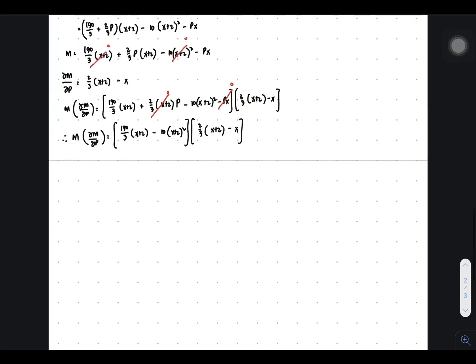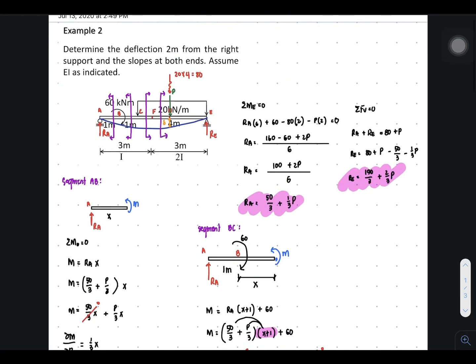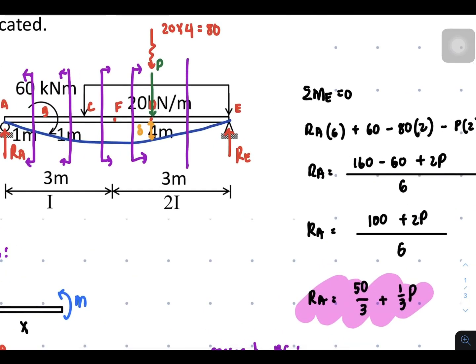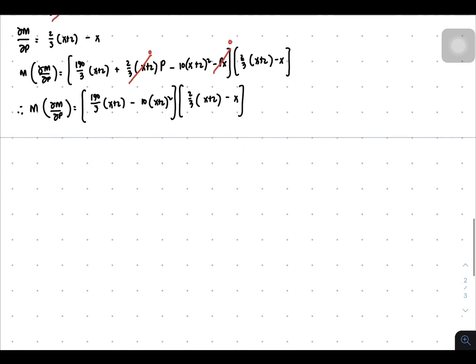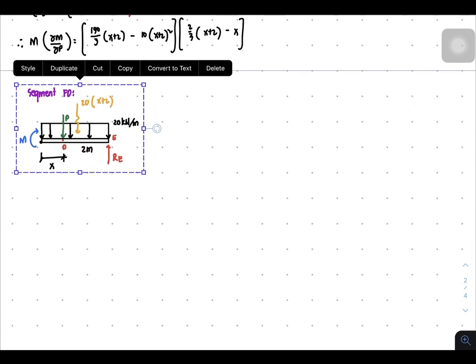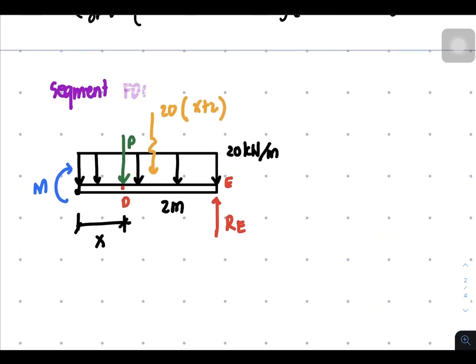So let us have the segment, the last segment, D to E here. For the last segment, we are gonna cut here and consider the right side, D to E segment. Then I'll just need to copy this, for I'll be needing the others, and paste it here or redraw that here. Okay, so this time this is D to E. So this is D to E, and then I'll erase this,